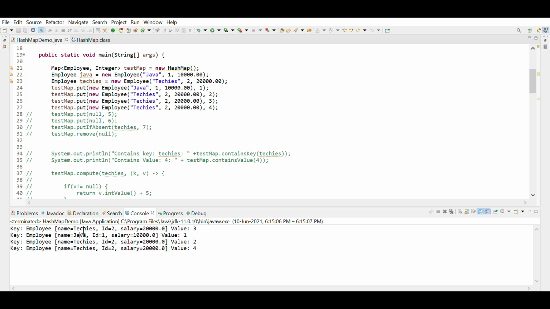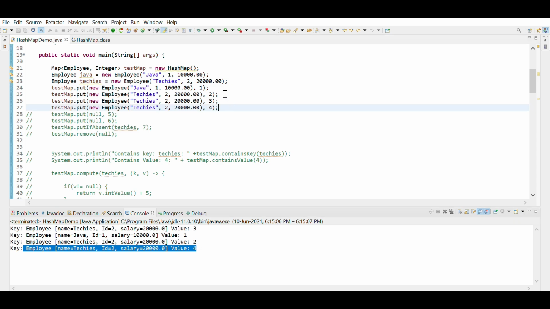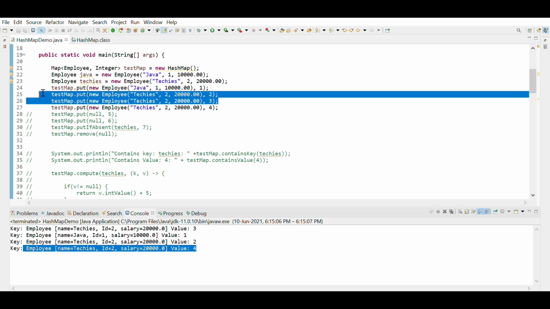It has printed Java, and earlier, after overriding, only the employee techies with value 4 was getting printed, but now you can see the other two entries, 2 and 3, are also getting printed when it is using the hashCode and equals methods of the Object class.